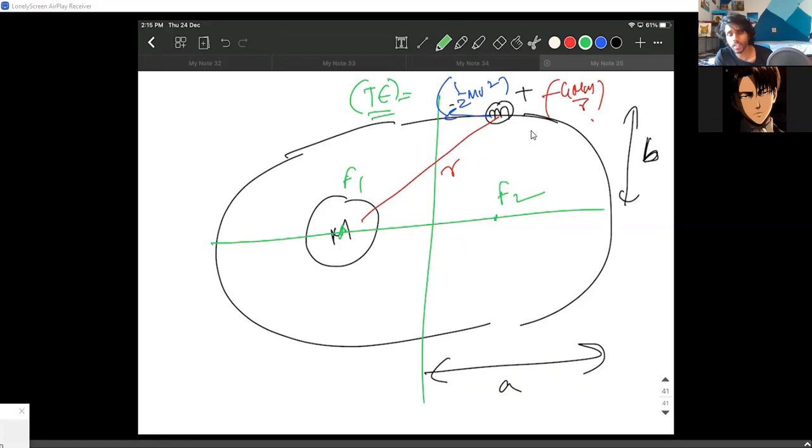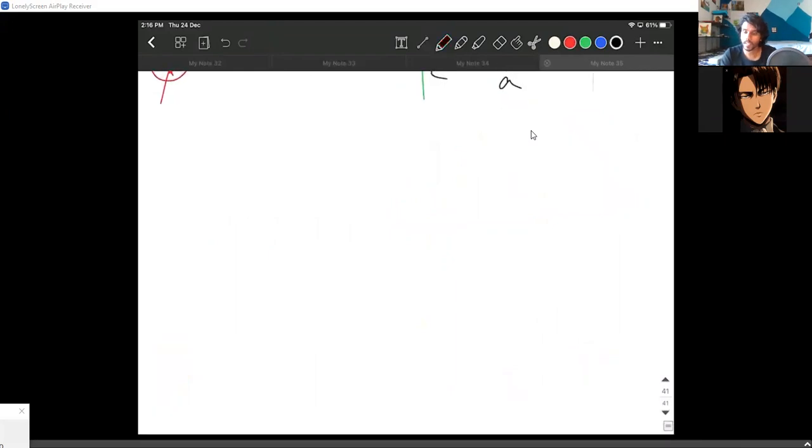The total energy is constant since there are no external forces on the system. You don't really see any external forces, right? What we're looking at is a gravitational force between them, which is an internal force. Yes, the kinetic energy changes. Yes, the potential energy changes, but the total energy doesn't change. We will come back to this total energy later, but let's talk about the potential energy and kinetic energy.